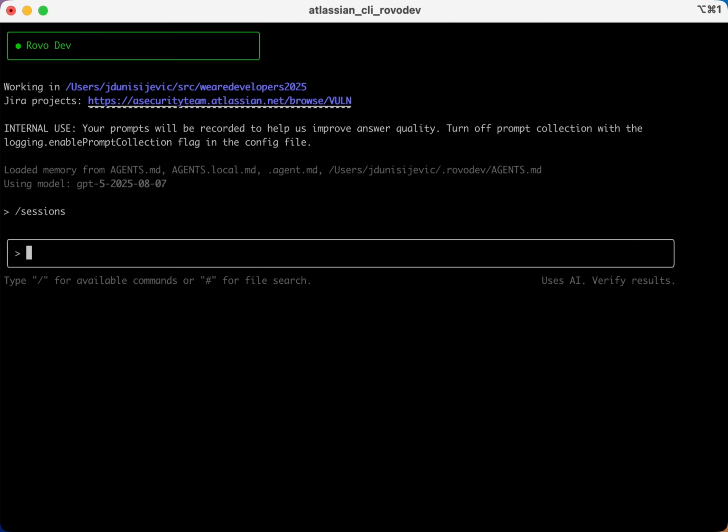Let's talk about sessions today. Sessions in Rovo Dev CLI are conversational or task-based workspaces that persist context, memory, and history across multiple commands or interactions. To create a new session, simply run